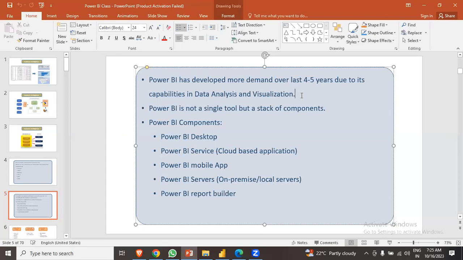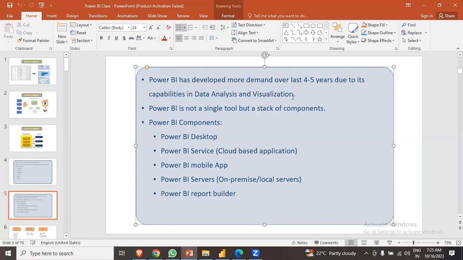You are aware that in most companies, they use Microsoft components by default, like Outlook, Teams, and the SharePoint folders. So Power BI has a default integration with them. You can directly share a PBIX within the SharePoint folder. It acts as an add-on advantage as far as Power BI is concerned